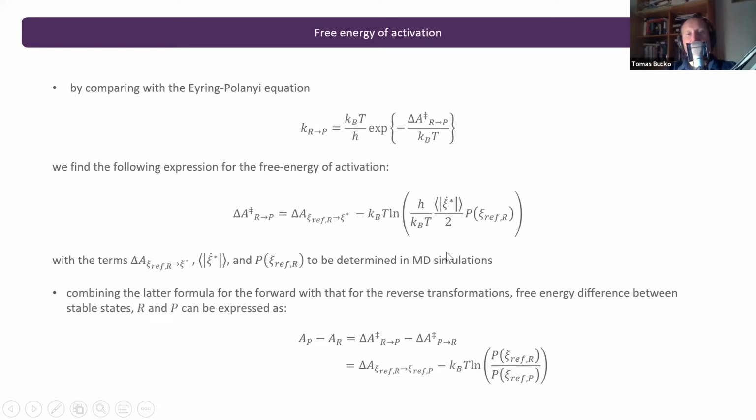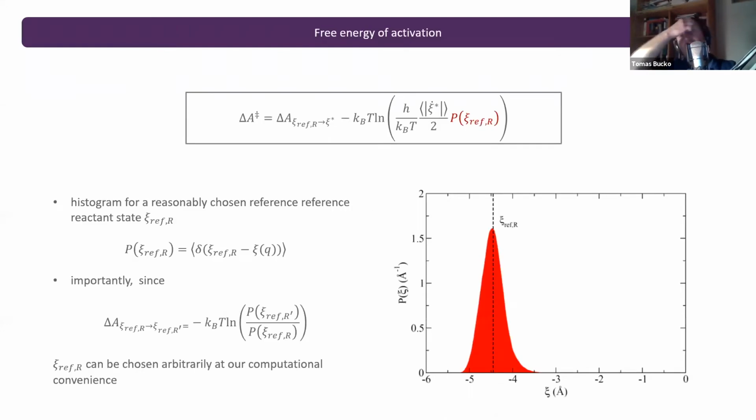This is just the free energy of activation for the forward process minus the free energy of activation for the reverse process. And if you do so, we realize that the absolute value of velocity is identical for both processes, so this term cancels out, and what remains are again similar terms as we had here. So we have this reversible work, and here we have probability densities for arbitrarily defined reference states. Okay, so now let's discuss one by one these terms that we need to compute in order to have access to free energy differences. The easiest one, I guess,